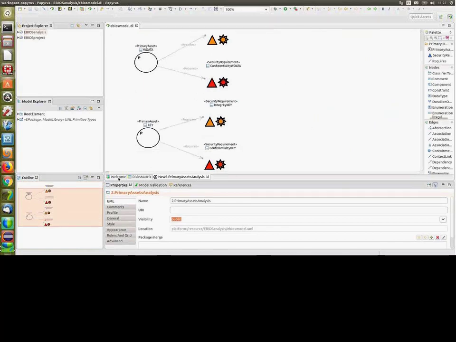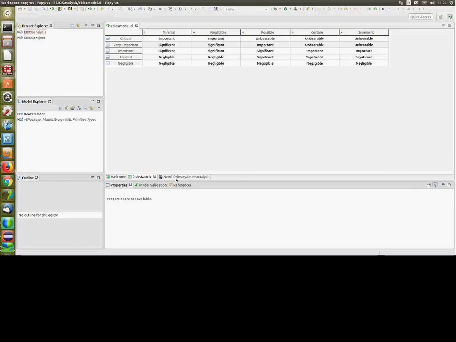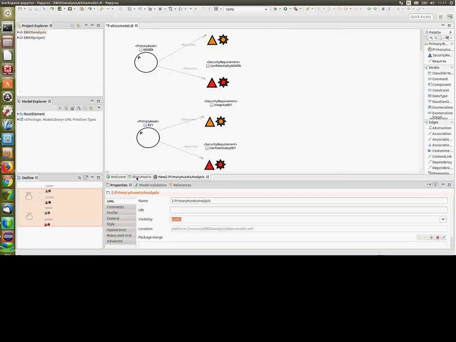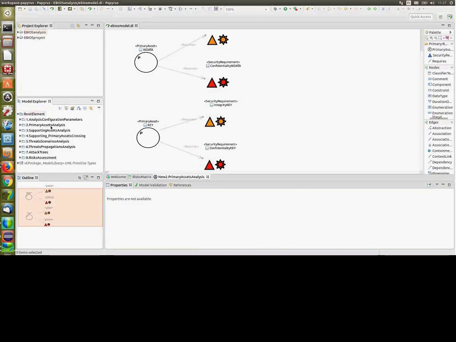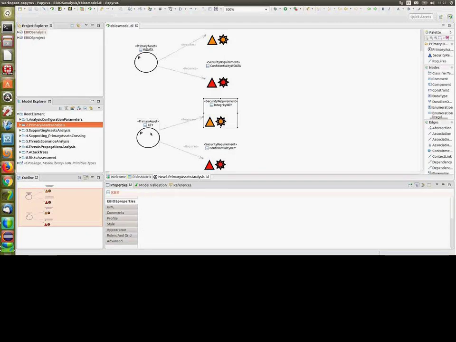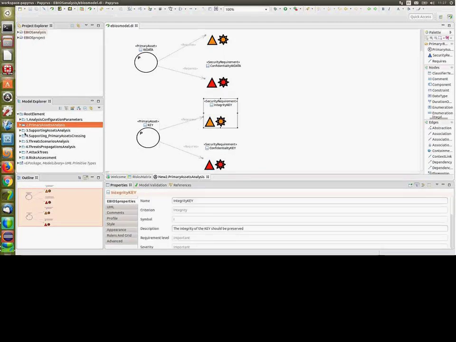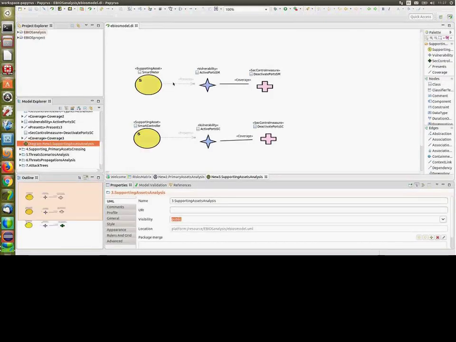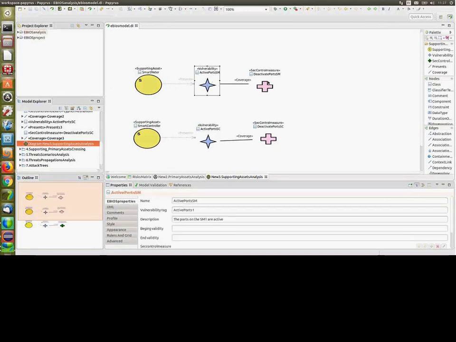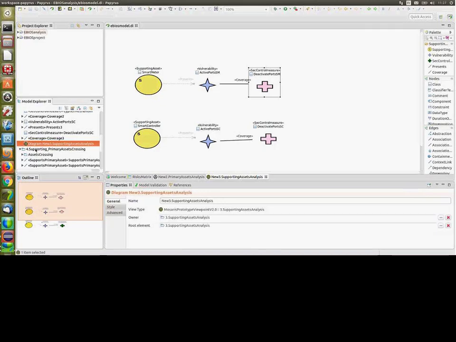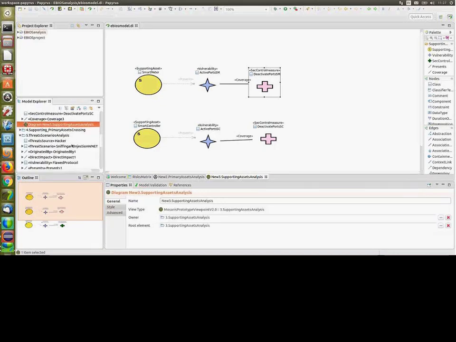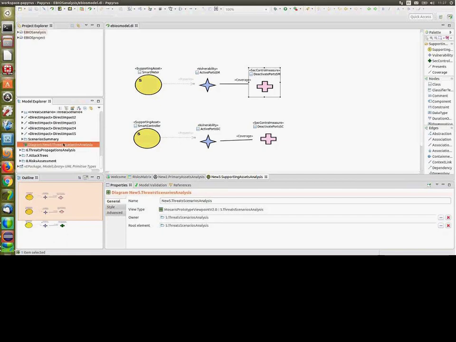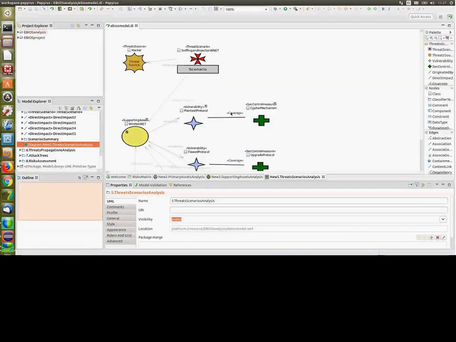Okay, once this perimeter and scope analysis definition has been made, we can proceed to the other phases. The definition of the primary assets, for instance, the association of these primary assets to security requirements. We can go ahead with the definition of supporting assets, the association with their vulnerabilities, the existing security control measures. We can, for instance, here make the definition of what is called the threat scenario,